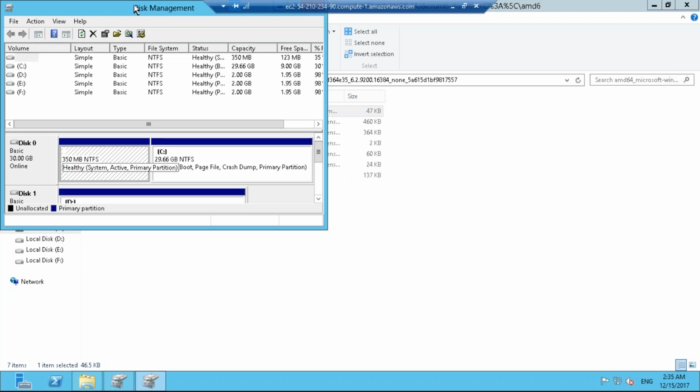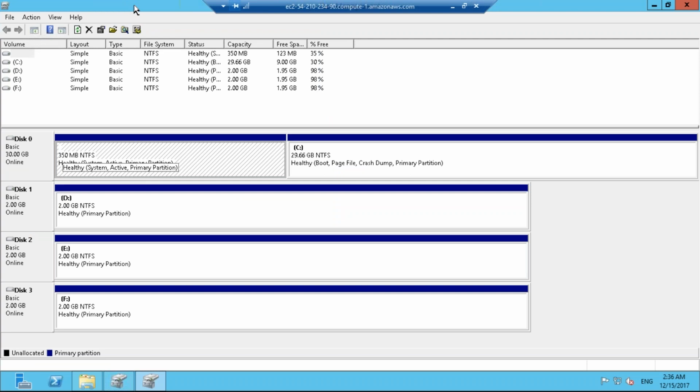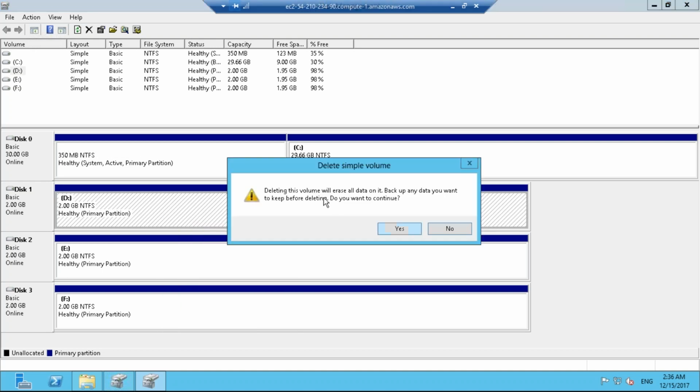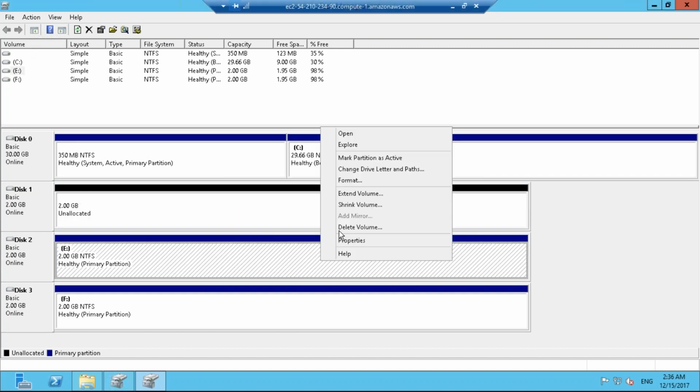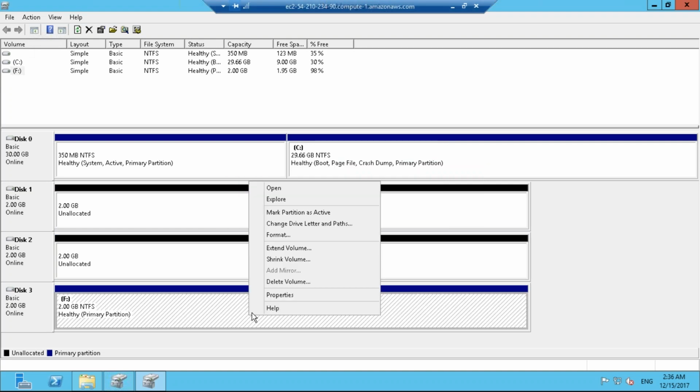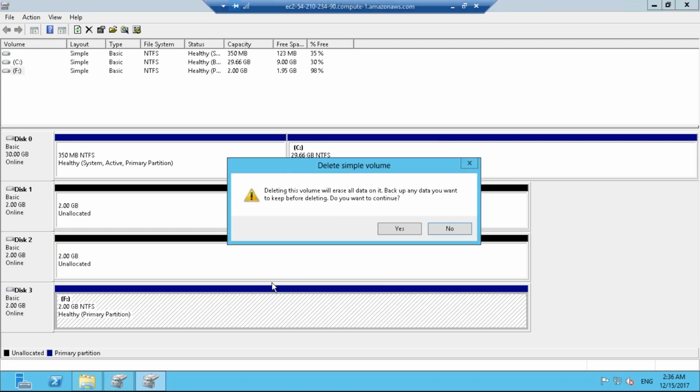Okay, so this is the disk management service that I was looking for. Here we are able to see that I have a C drive which is of 30 GB. I also have D, E, and F which is of size 2 GB. So what I'm going to do is, first I'm going to go ahead and delete these volumes. It will say that if you have any data on these volumes, that is going to get deleted. That's fine. We do not have anything as such at this moment of time. So I'm just going to go ahead and first delete all of them, so that we'll be able to combine it into one virtual volume.